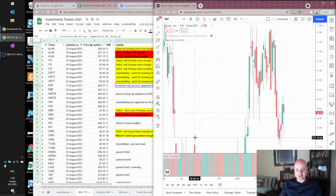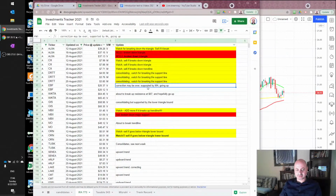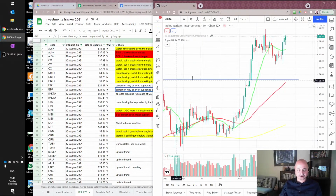EBF on the weekly chart. So EBF, a value stock, seems to have found a support with the 200-week moving average and has recovered since. So my previous update, the correction may be over, supported by moving average going up, seems to still hold. So no change in that, no drama. And I can move on to my next stock holding,